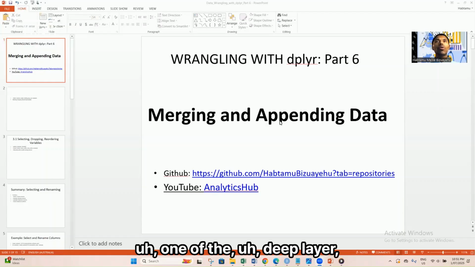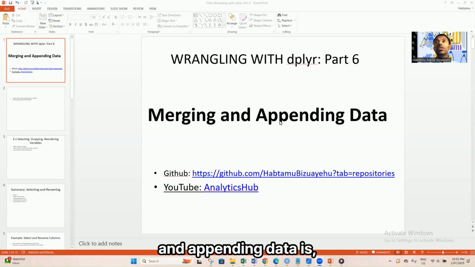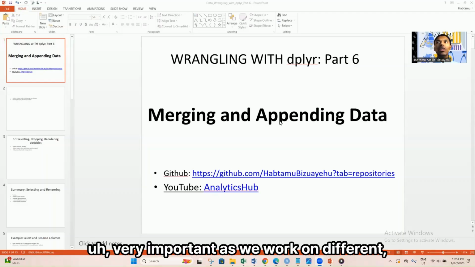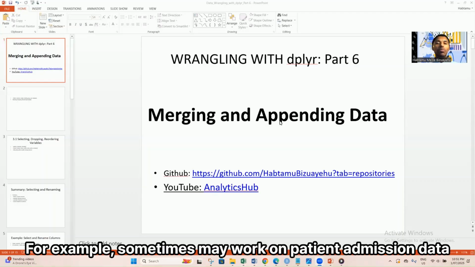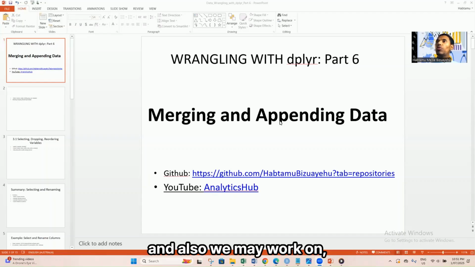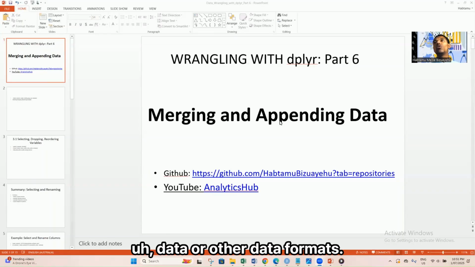So this is one of the deep layer data wrangling topics. Merging data and appending data is very important as we work on different types of data. For example, sometimes we may work on patient admission data, and also we may work on screening data, and we may work on pharmaceutical data or other data formats. Each has a unique